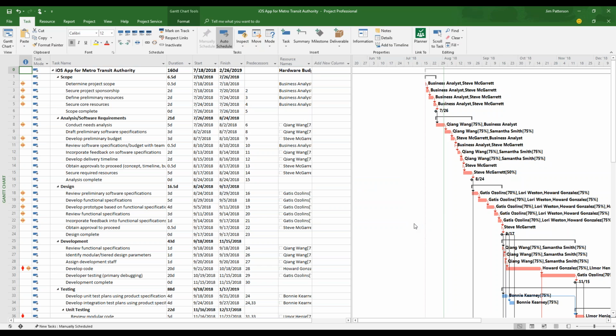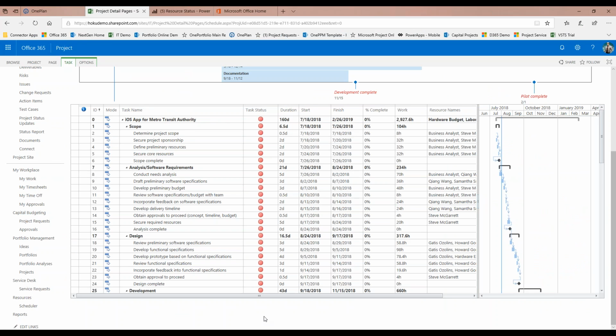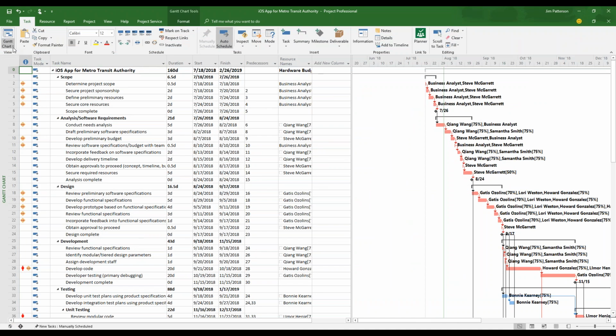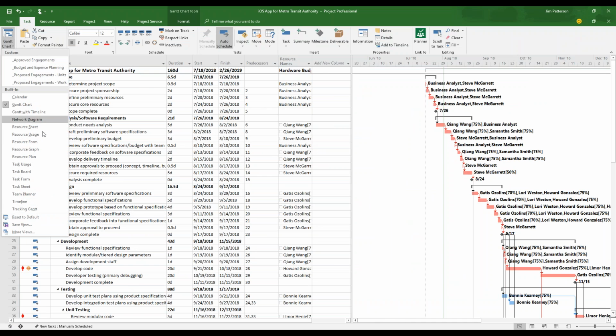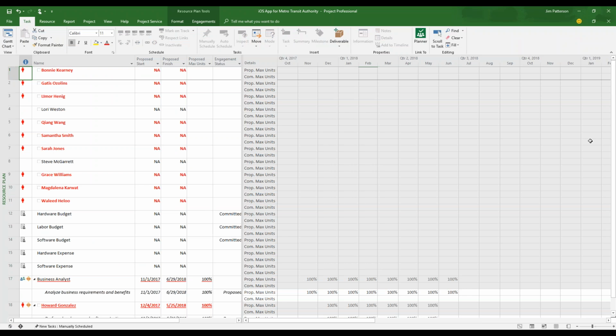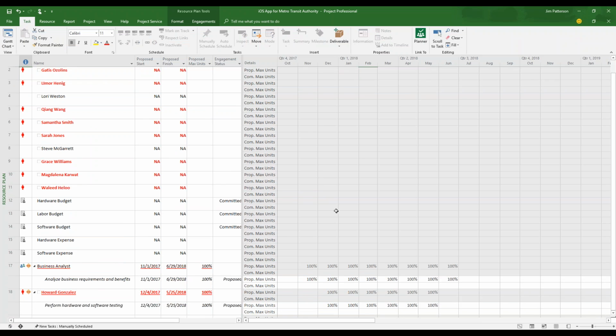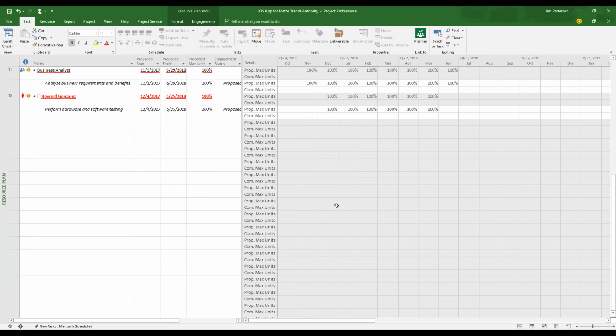Some of the things that we add once we go to Microsoft Project Online and once we use Project Professional or we use the web browser, Project Web Access, we can then start doing things like overall resource plans. Say, for example, we want to use a more high-level resource planning very early on in the cycle before a project is actually approved. We can actually do high-level types of resource allocation here,